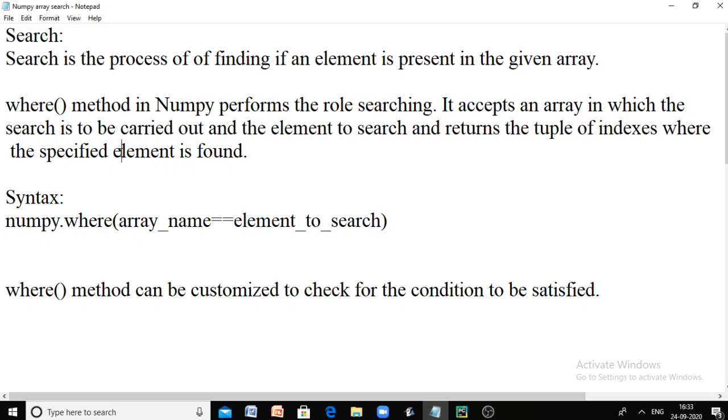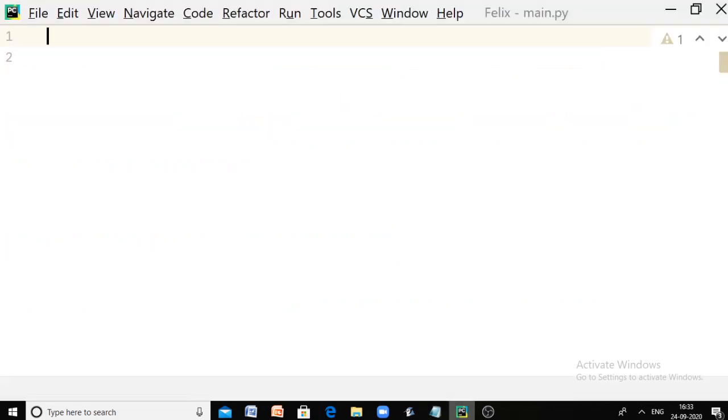The syntax is numpy object dot where, which is the name of the method, then the array in which you want to search, the element equal to, then the element to search. This is the syntax of the searching process using where.